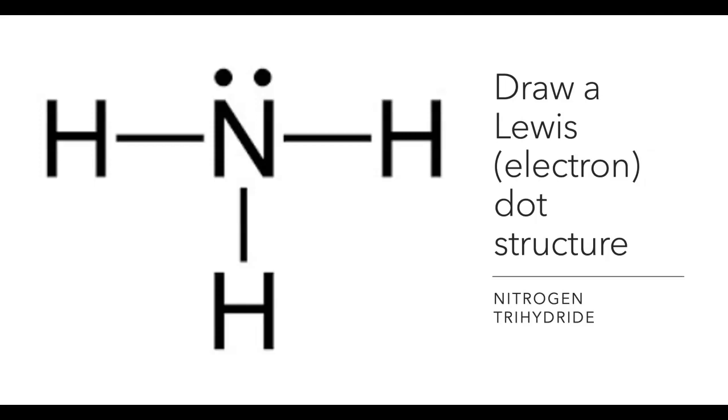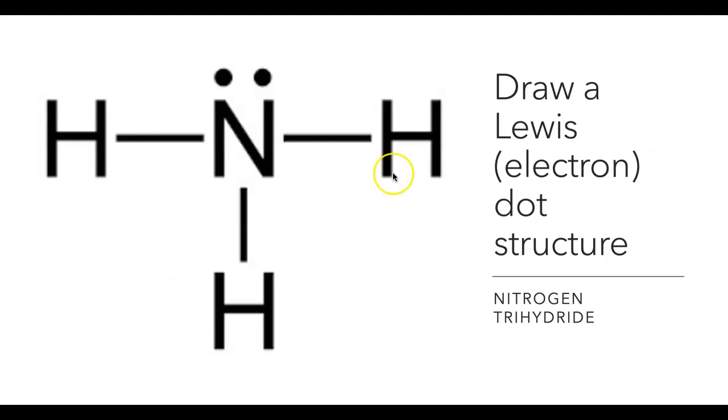Hopefully you had thought about your valence electrons. Of course, nitrogen has 5. Each hydrogen has 1, so you had a total of 8 valence electrons. After you put in these 3 bonds, each bond is 2 valence electrons, so that's a total of 6. Hopefully you were thinking, okay, you had 2 more valence electrons, and so you put them on our atom that